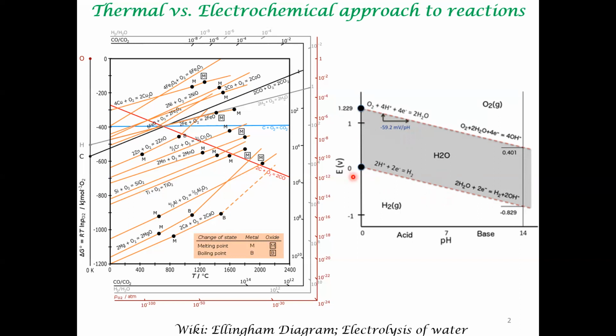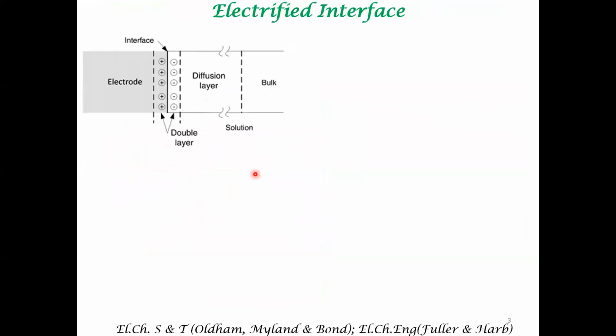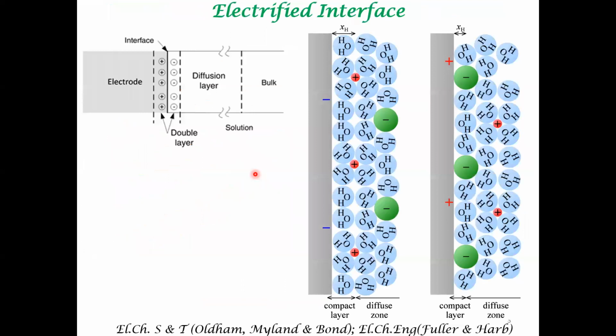So the electrochemical conditions are relatively benign compared to the conditions required for thermal decomposition. Okay. So we had also discussed some aspects of the electrified interface. Based on the questions, I would like to reinforce certain points. One is that if you look at the solvation around anion and cation,